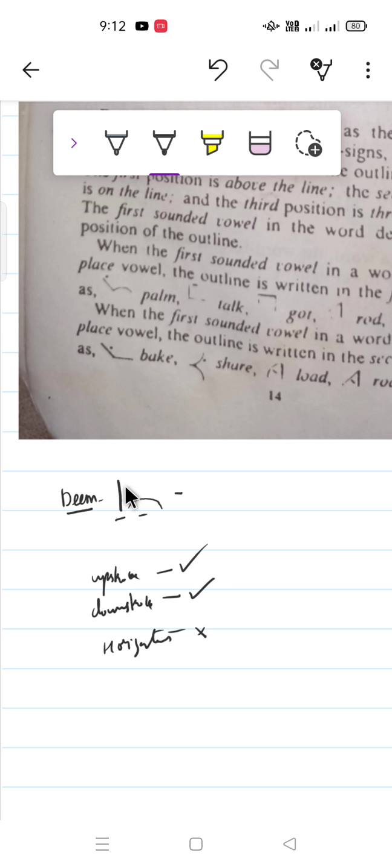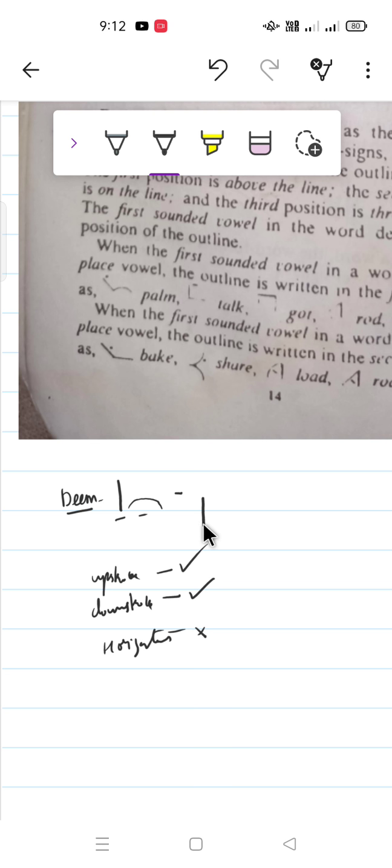First and foremost, you should see whether the first, starting stroke is an up stroke or a down stroke. Here the first stroke is D, so this D we need to write through the line. Got it? I told you we have to write through the line. So which stroke do we write through the line? The first up stroke or down stroke. Here the first down stroke is D,